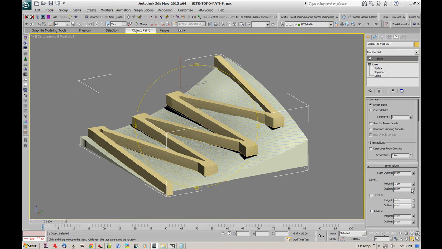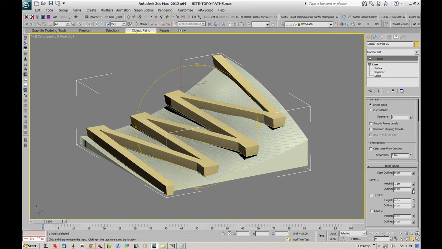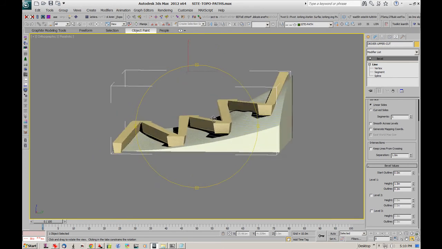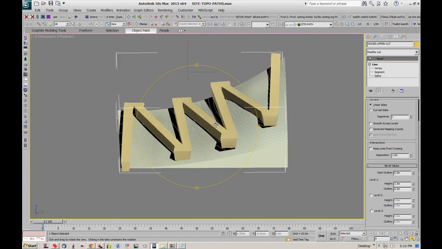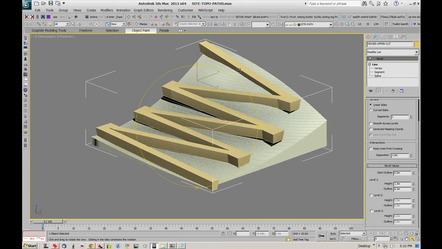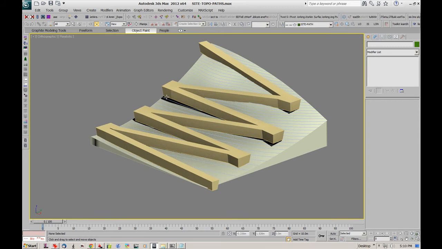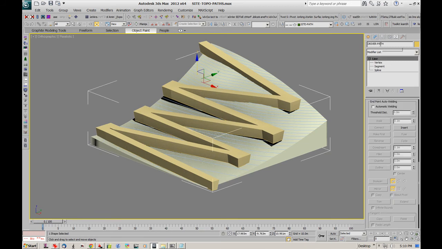Okay, and we could flange it out a little bit. Let's just do it a little bit for now and see how that goes. And then what we'll do is we'll go back, we'll select that driver path, or driver spline, and we'll make another clone,